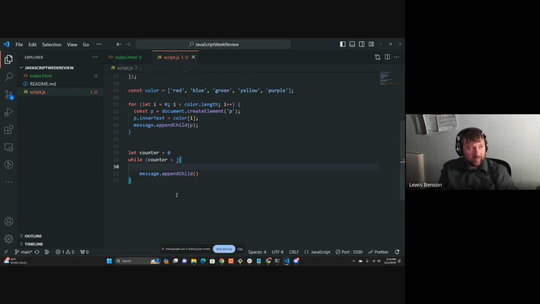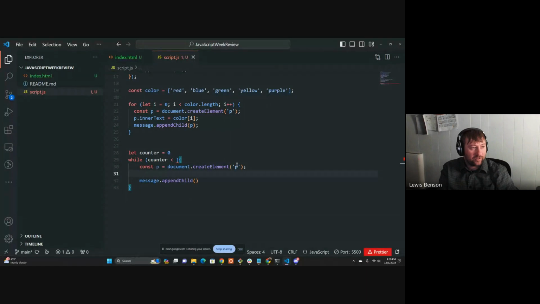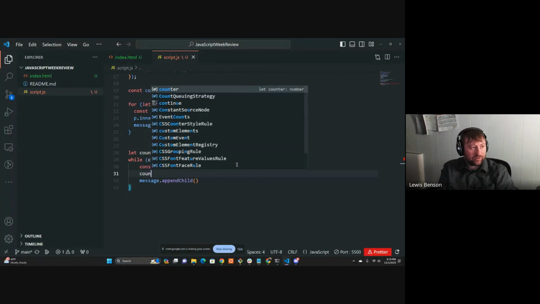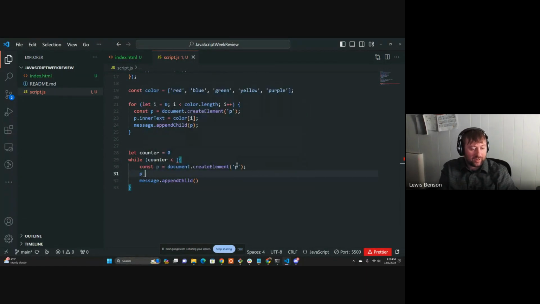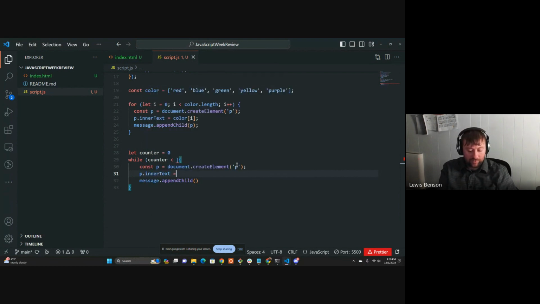That will be a paragraph. I'll just copy this one. And the inner text is going to be the value of the counter. So it'll be p.innerText equals,